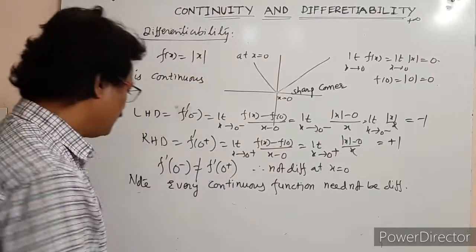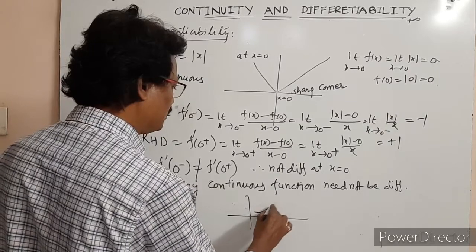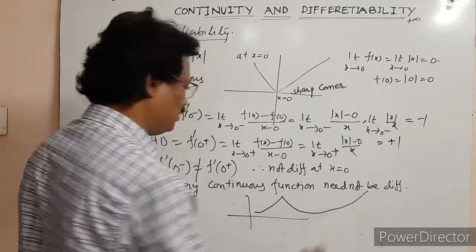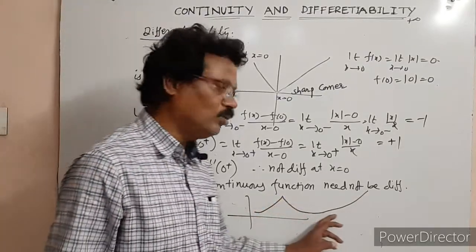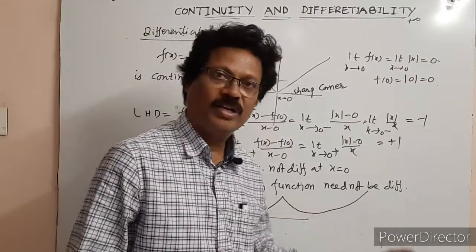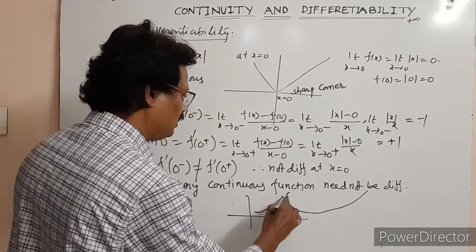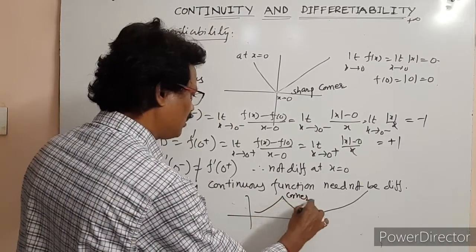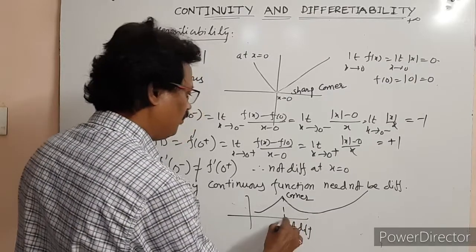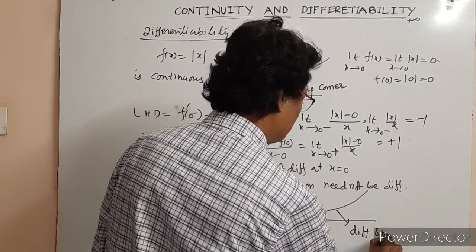Remember like that. For example, this graph is like this. Graph is going like this, a corner is there. And it is a smooth graph. Every smooth graph, no break, is definitely differentiable. Every smooth graph, no break in the graph, is differentiable. If there is any corner point like this, there is a corner point and this is not differentiable. From here to here, this is a differentiable smooth graph.